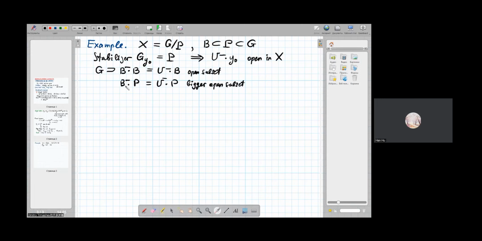And since this product set is open in G, when you take the quotient by P, by the right action of P here, you get that the U minus orbit of the base point will be open in X. So we have this unipotent open orbit, and this means that the rank of X is 0, actually, because